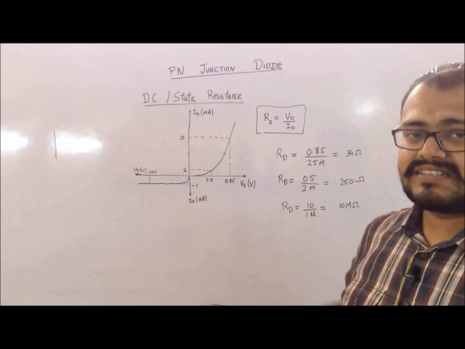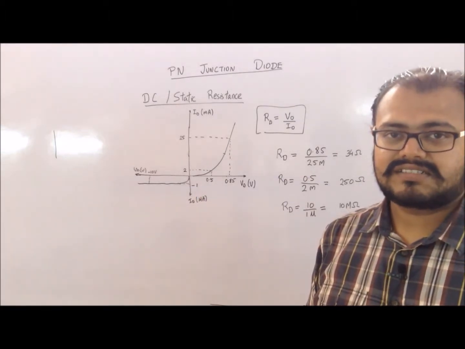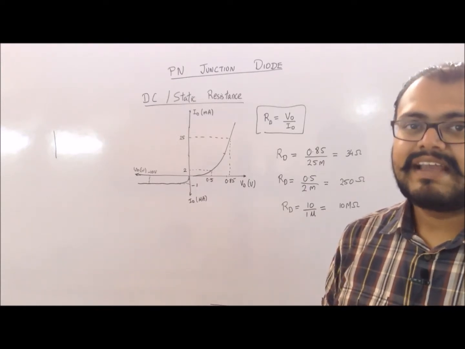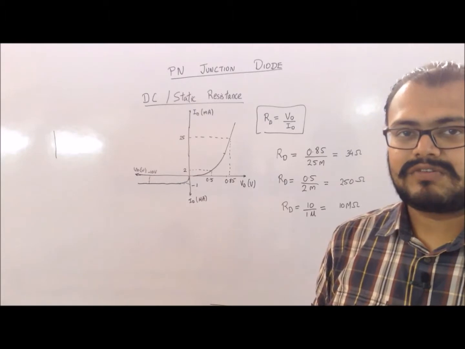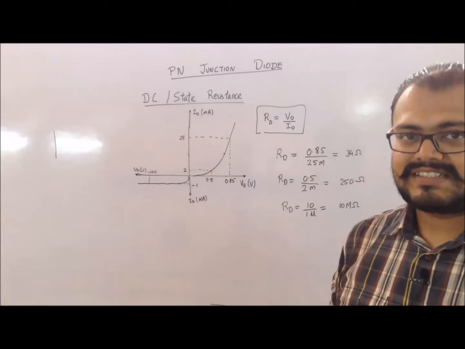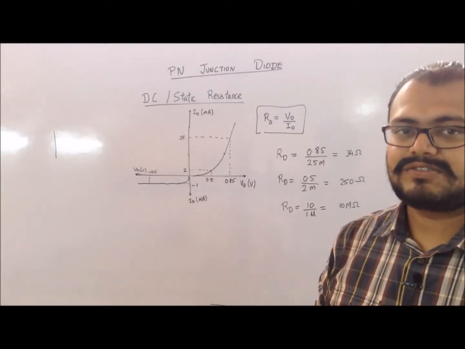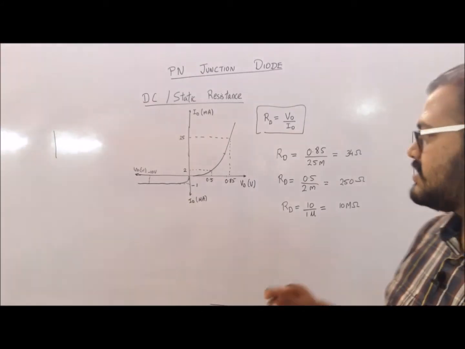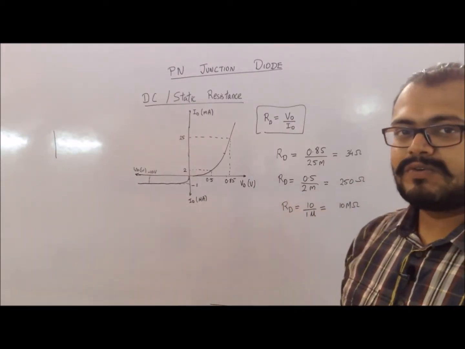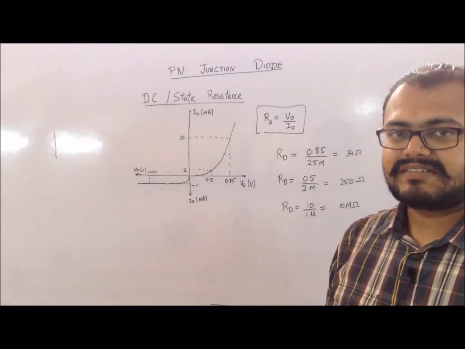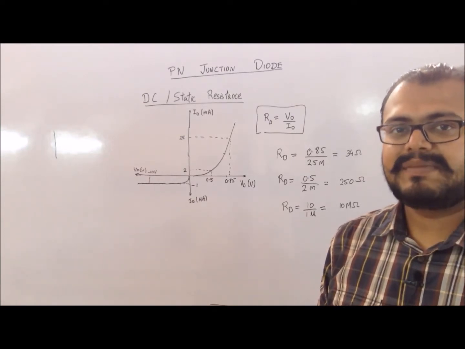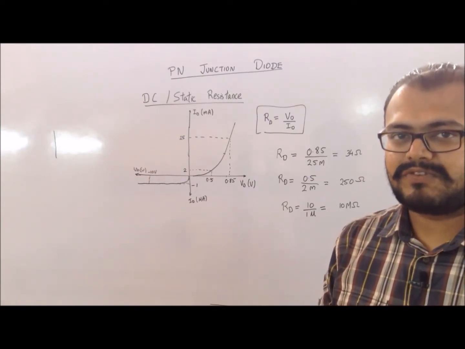Now 0.5 V is a voltage lesser than the knee voltage. The knee voltage is that voltage at which my diode is totally in the forward biasing mode. So at 0.5 V the diode has not entered the forward biasing mode, it is just entering into it. At that point, the resistance value comes out to be 250 ohms. For voltages greater than 0.7 V, that is, greater than the knee voltage, the resistance value will be much lesser compared to that before the knee voltage.